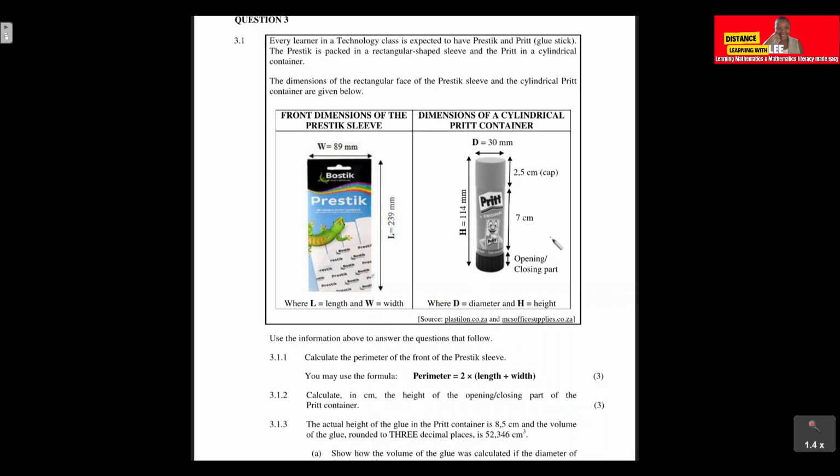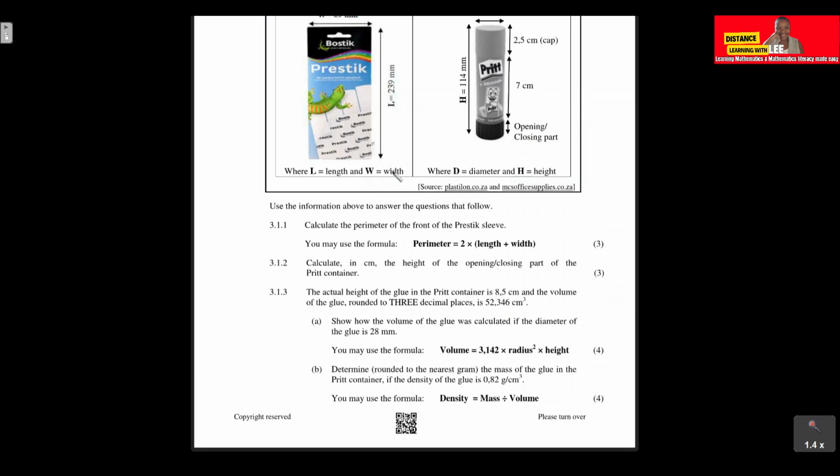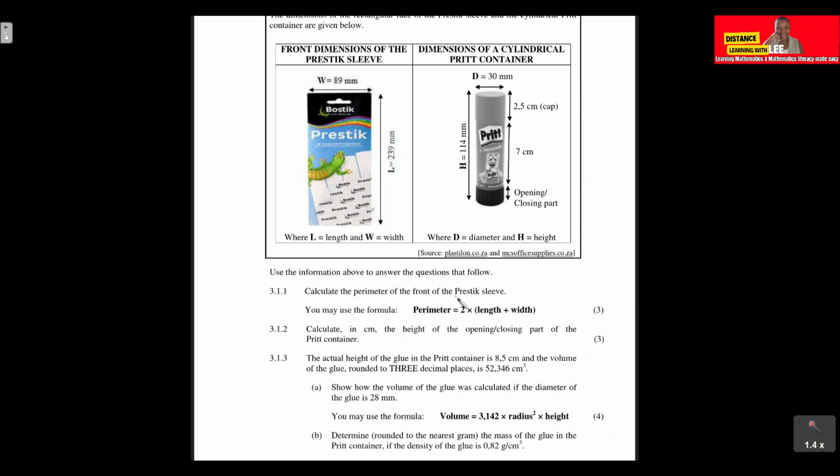So I've explained what is going on there. It says use the information above to answer the questions that follow. Question 3.1.1 says calculate the perimeter of the front of the press stick sleeve. So we are given the front dimensions of the press stick sleeve, and they just want us to basically